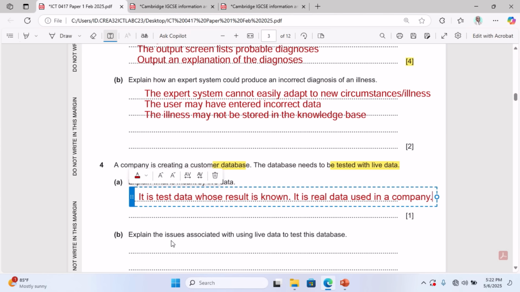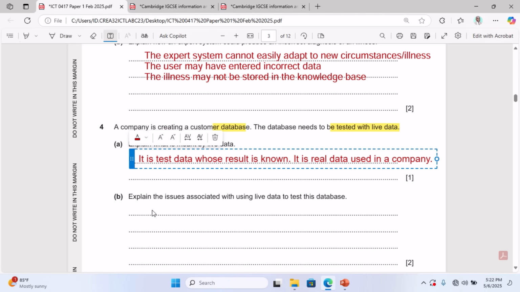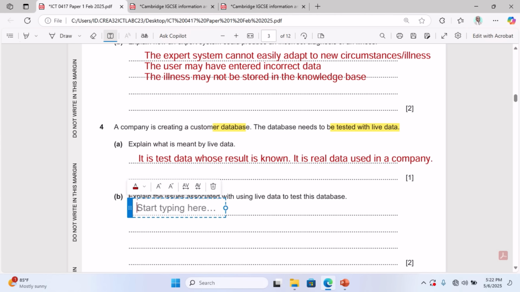Also, for B, explain the issues associated with using live data to test this database. Now when you are building a new ICT solution and you want to test it, you need to be careful when you are testing it with live data, of course, because live data will be data that is already being used in that organization, that really matters to the organization. So one issue that can be associated with using live data to test the database could be that the data